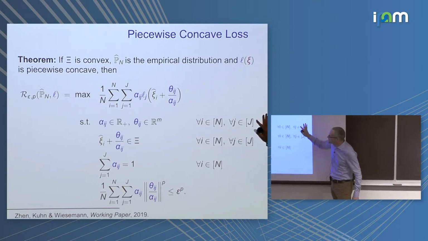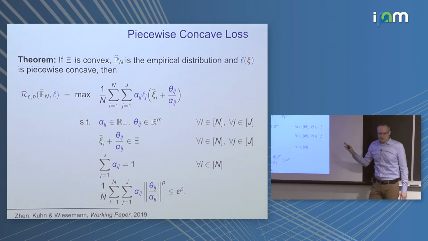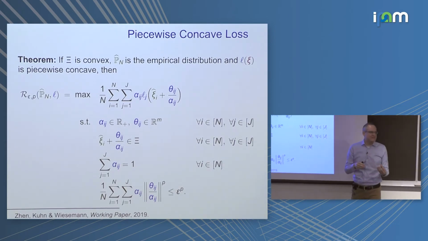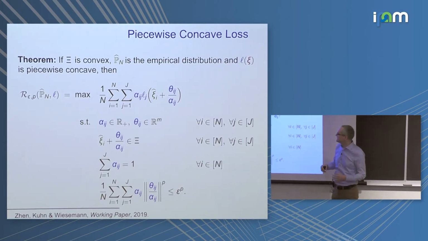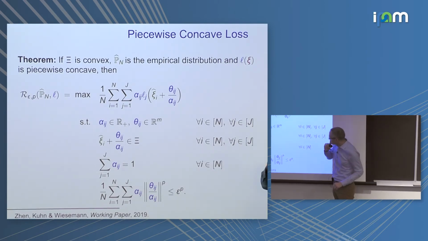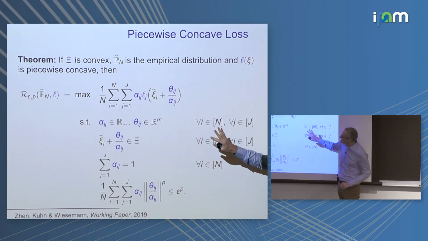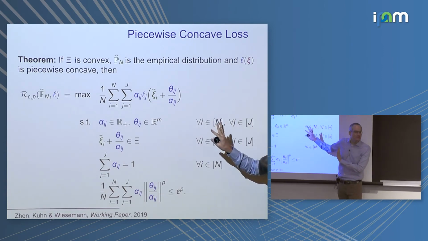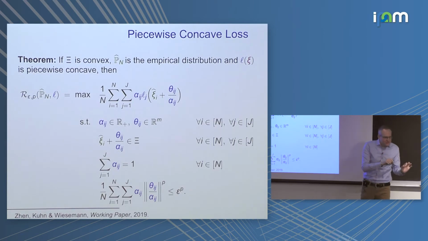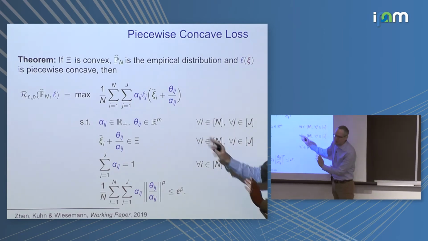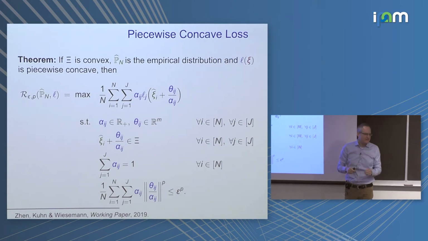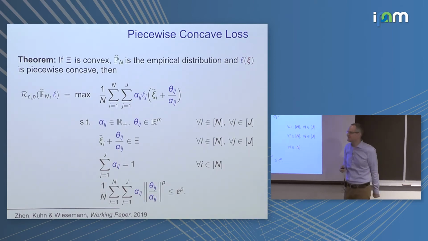One can show that this problem is always solvable, and if it's solvable, then we can extract from it a distribution that attains the worst case in the Wasserstein risk evaluation problem. The worst case distribution may not always be attained, but this problem is always solvable. And if there is no worst case distribution, we can use the solution of this problem to construct a sequence of discrete distributions that asymptotically attain the worst case.